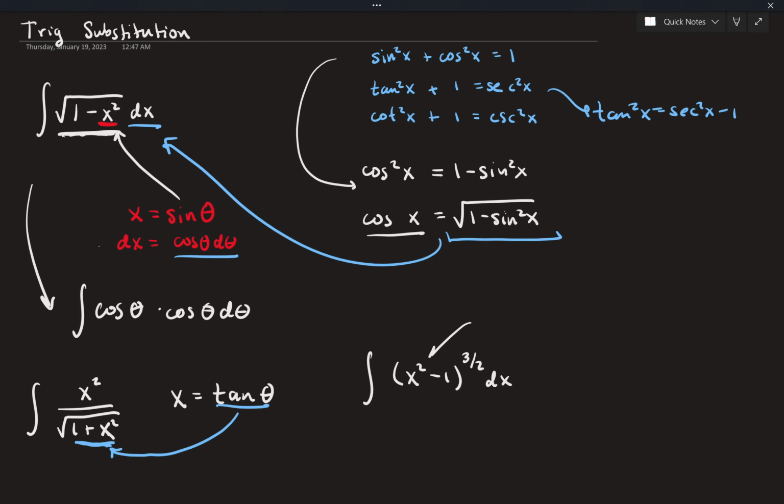And so if I let x equal secant theta, then this inside turns into secant squared theta minus 1, which is tangent squared theta. And then with tangent squared, things will cancel and end up nicely. So that's just a quick overview of what's going on here. In the next couple of videos, we'll do a ton of examples, and I'll see you